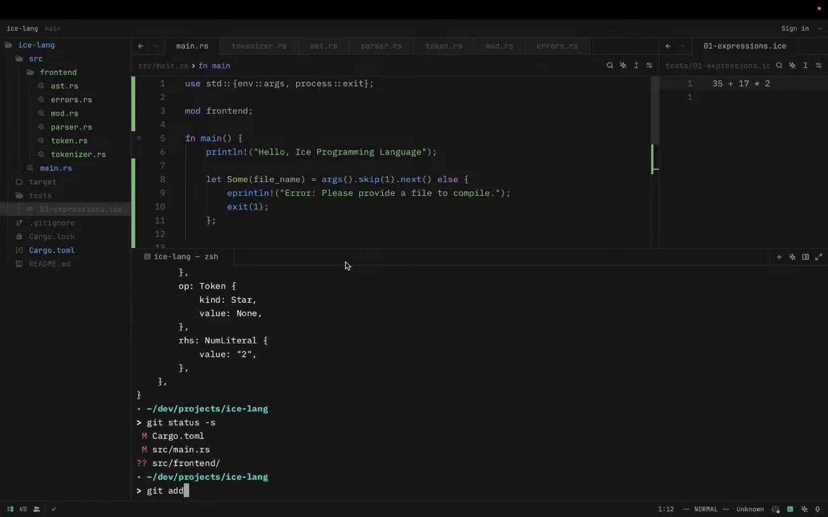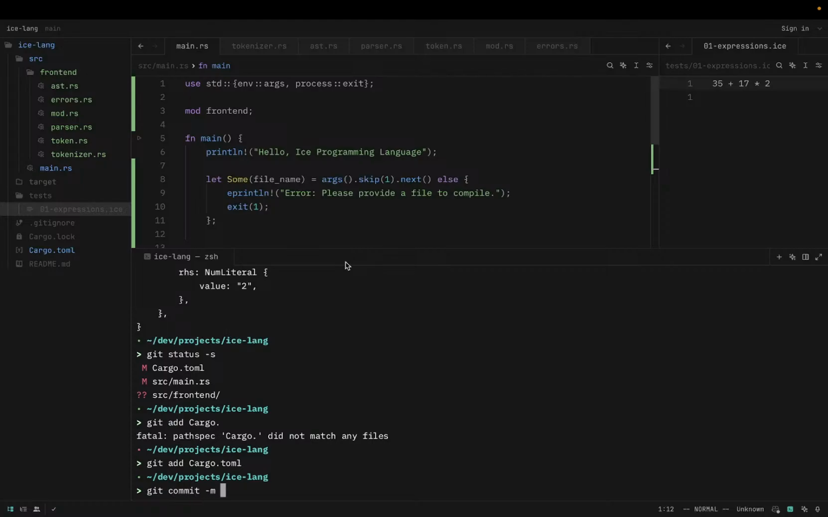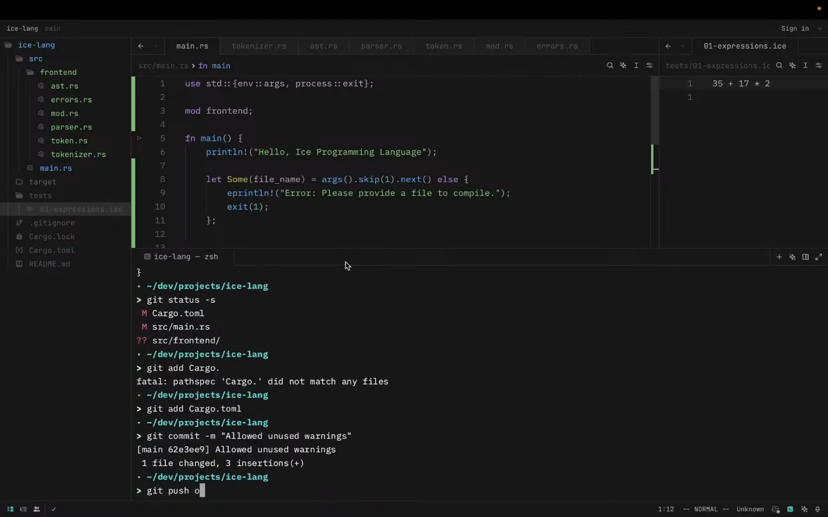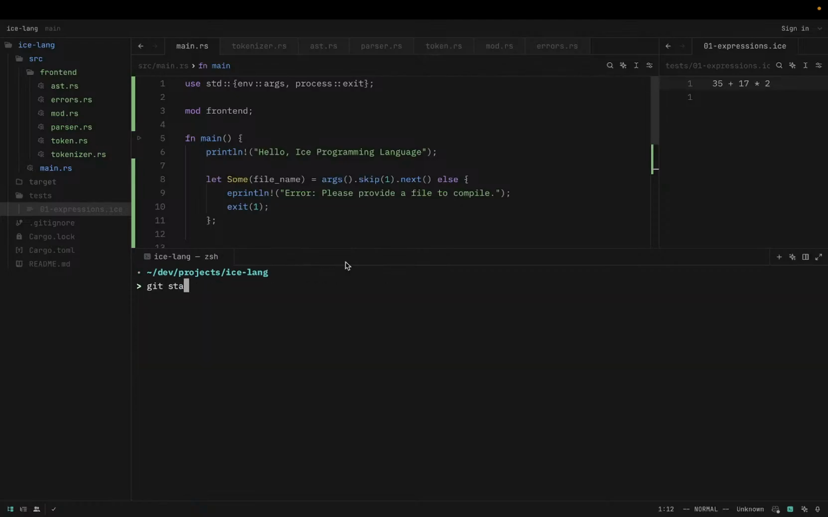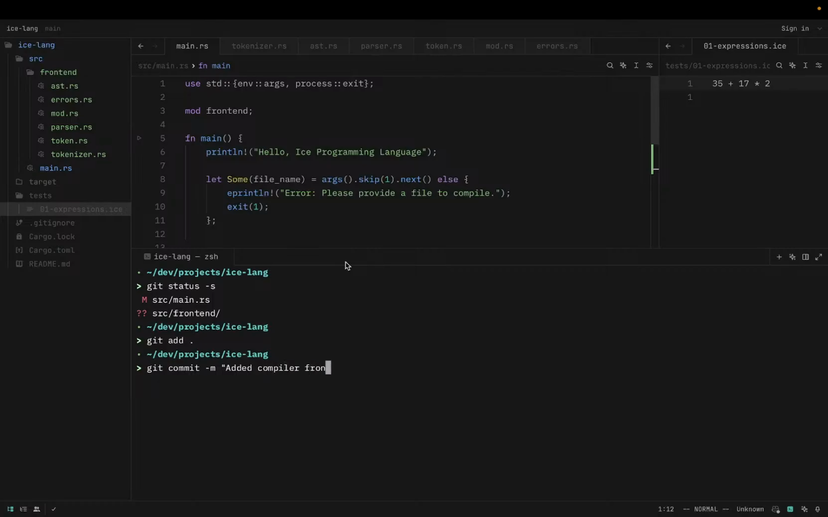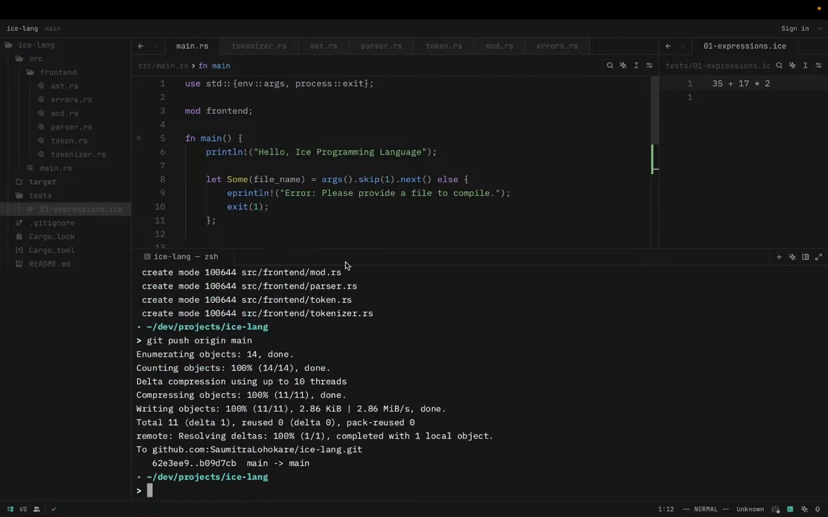Either way, for now, I'm just gonna commit: done front end, added compiler front end, yes. And now,